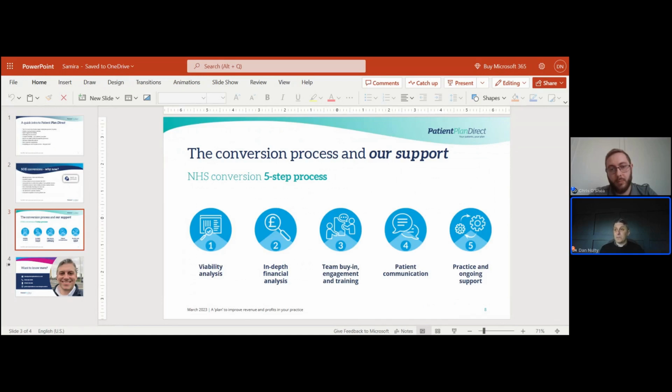Step 4 is patient communication. Now, we tend to do quite a lot on this one. We've got lots of template letters that we know work because we've done so many of these. So we provide you with a template. We advise the dentists to make small changes, make it sound a bit more personal, as if it's come from them in their style, but the bulk of the letter remains the same. We write out to the patients. You've got to give them 12 weeks notice along with the LAT,